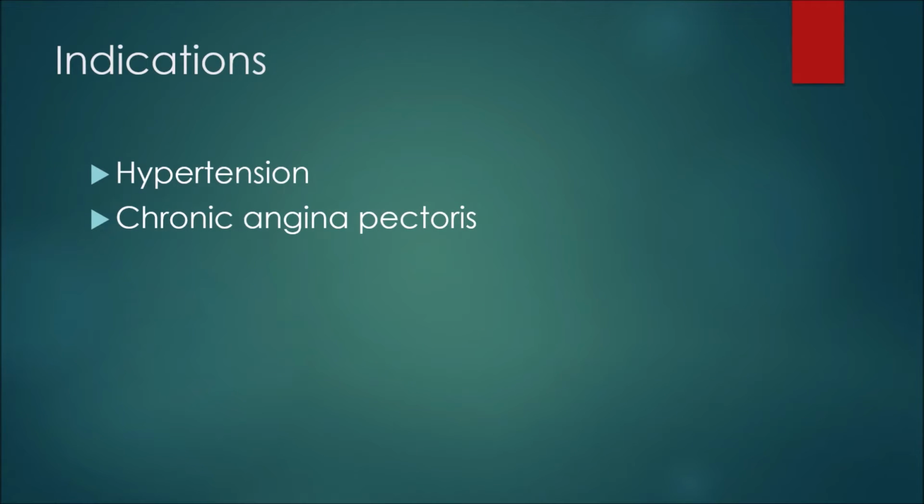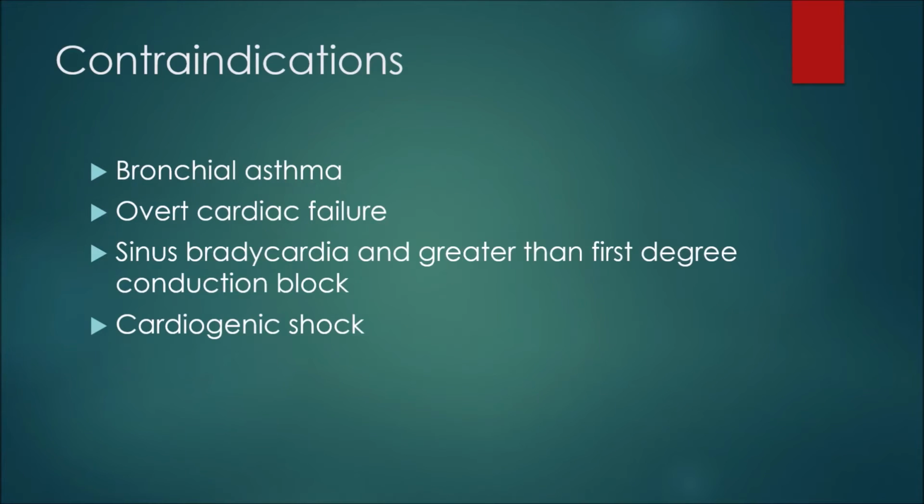In terms of indications or reasons we would prescribe this medication to a patient, we may see it used in the treatment of hypertension or high blood pressure, as well as in the treatment of chronic angina pectoris or chest pain. With respect to contraindications or reasons we would not be able to prescribe Nadolol, we wouldn't give this medication